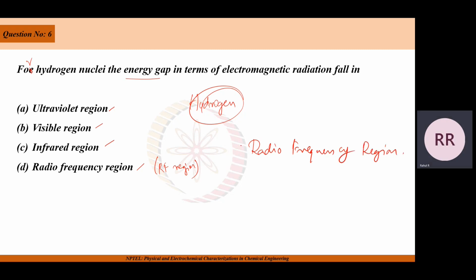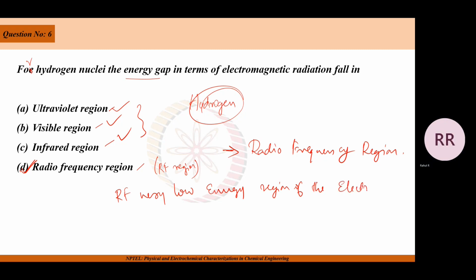region. So this is a very low energy compared to UV or visible or IR. Compared to this, RF is a very low energy region of the electromagnetic spectrum. This is because the transitions happening between the nuclear states release energy,